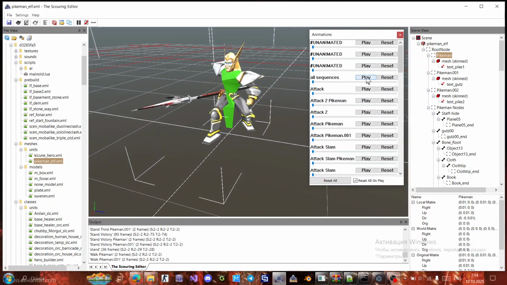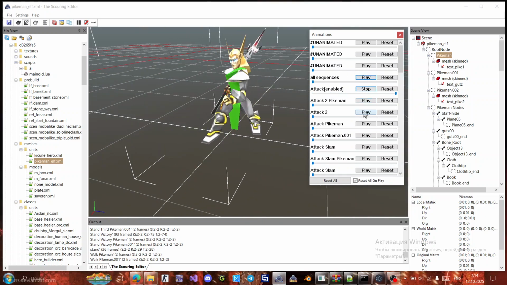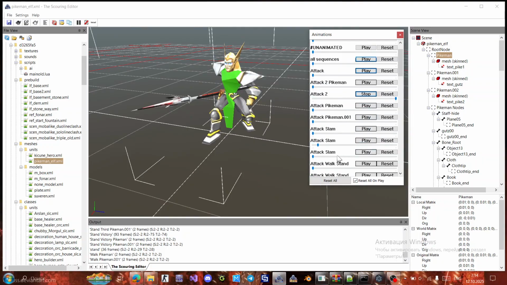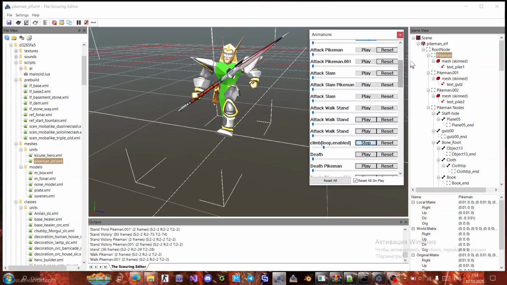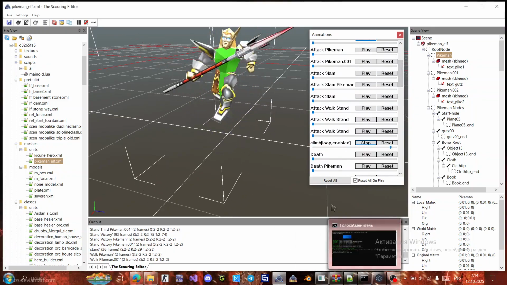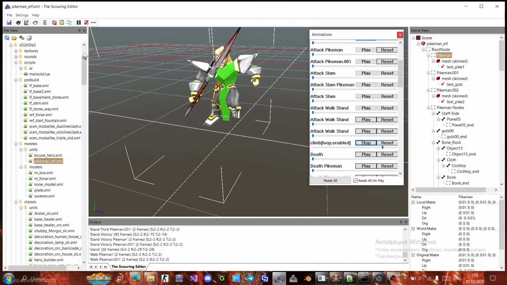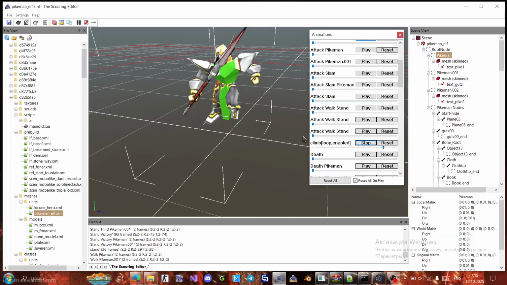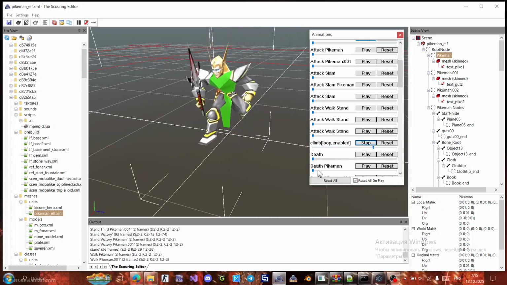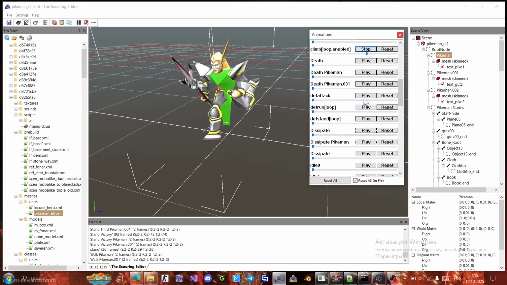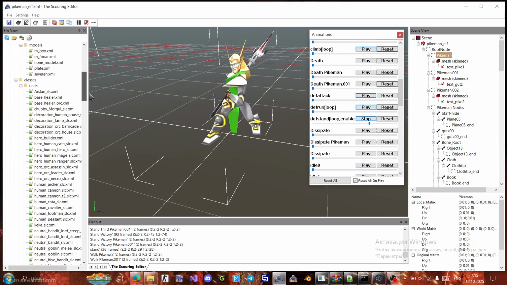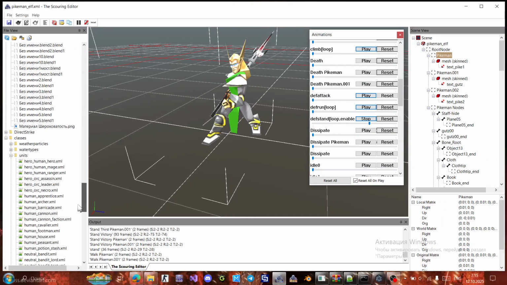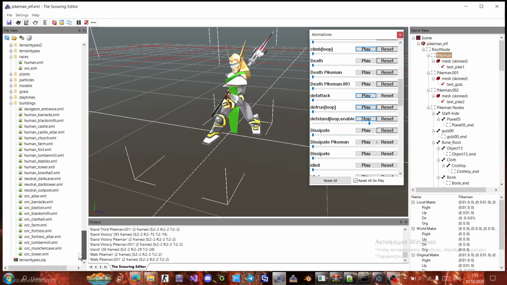We can already use it. All sequence, attack 2. But where's attack with only a little letter? Maybe. Okay, if it was like an error, we need to improve it in future. Def attack must work, and def run too. So I think the easiest way to see it is